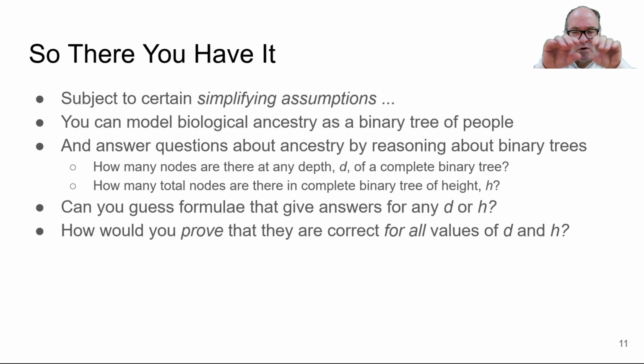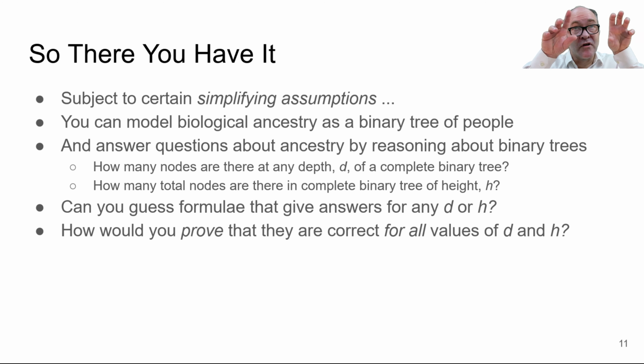there are nodes all the way down until you get to a uniform layer of empty nodes. Okay, there's not like an empty tree here and then a bunch of ancestors over on the other side of the diagram. Okay, so if you have a complete or balanced, complete binary tree of ancestors, how many nodes are there at some specific level of that tree at depth d down from the top? Well, at depth 0, you've got